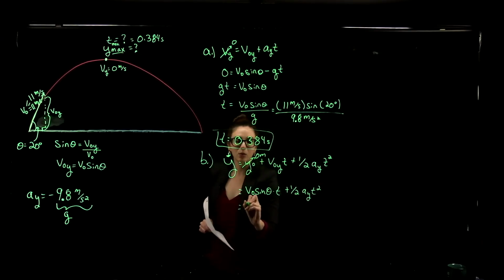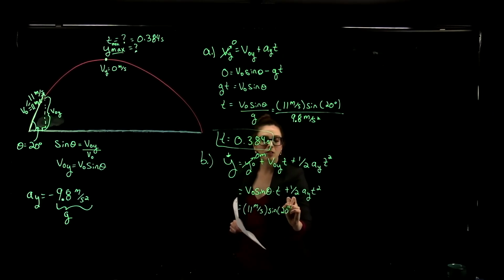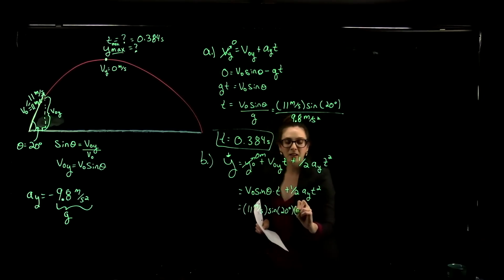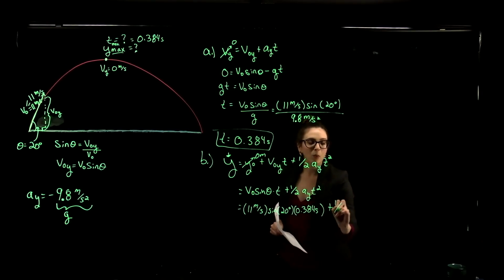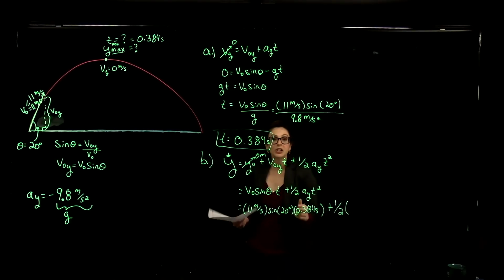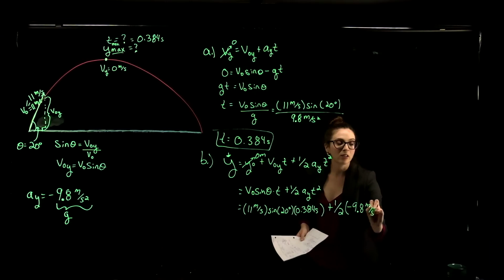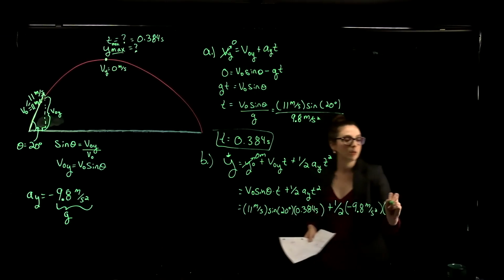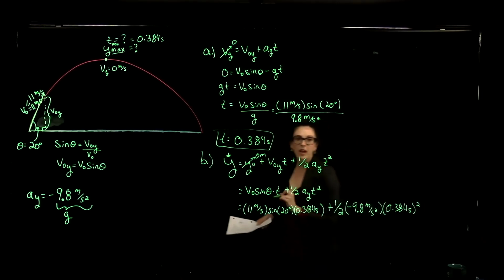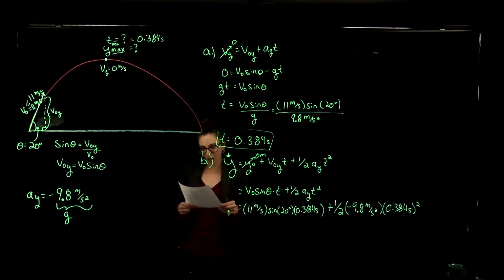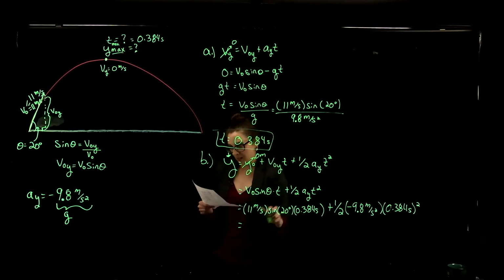Okay, so that's equal to 11 meters per second times sine of 20 degrees times our time here, 0.384 seconds, plus 1/2 times our acceleration in the y direction, which is minus 9.8 meters per second squared, times time squared, so 0.384 seconds squared. Okay? So if you plug all that in, this first term right here is